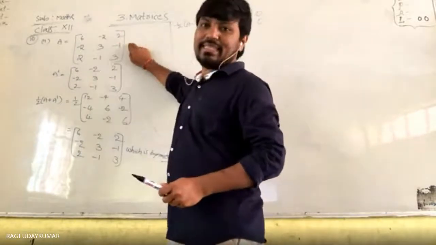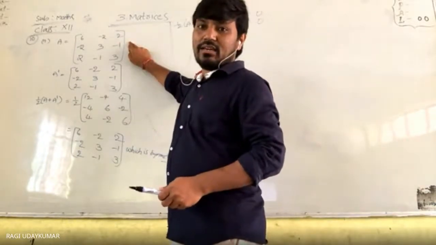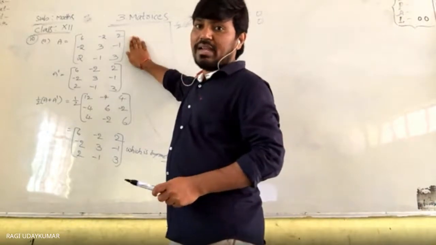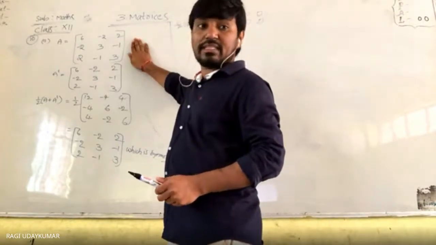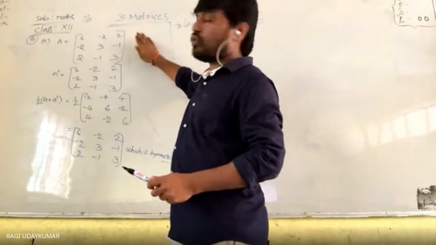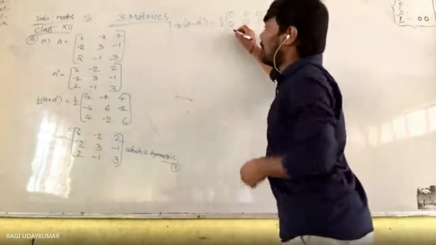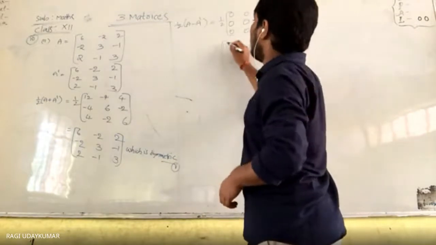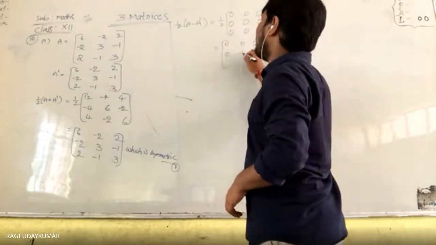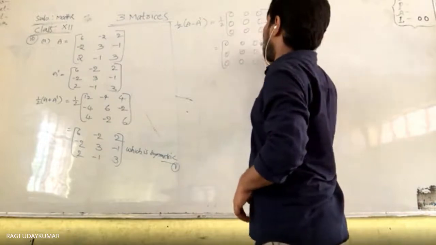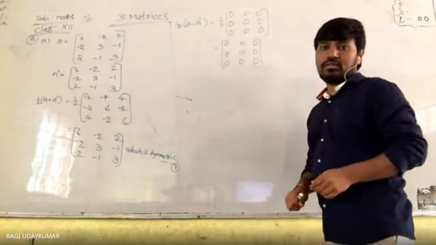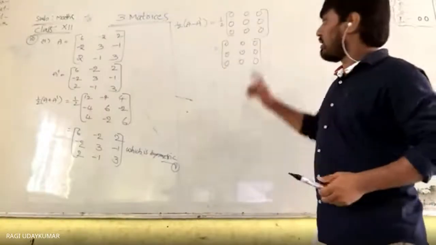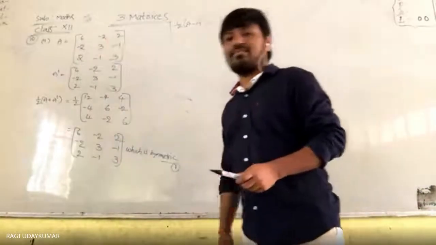This is a symmetric matrix. For this, any square matrix can be written as a sum of a symmetric and a skew symmetric matrix. Now what will you get again? You will get 0 0 0. So can you tell me whether this matrix is a skew symmetric matrix or not? Yes sir. Add this symmetric matrix and this skew symmetric matrix, you will get A.